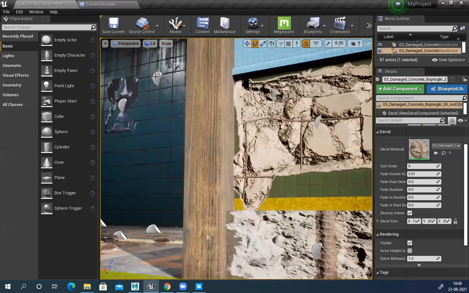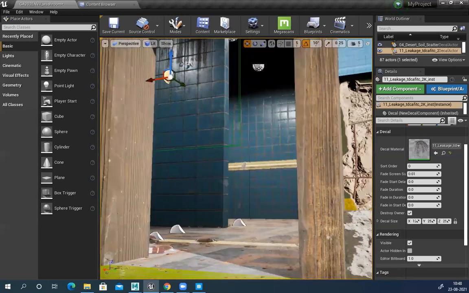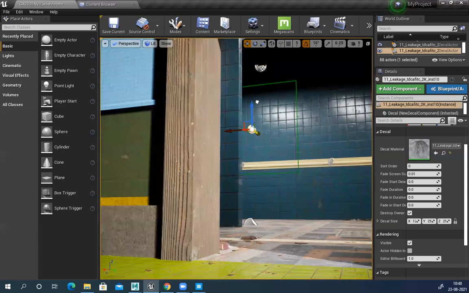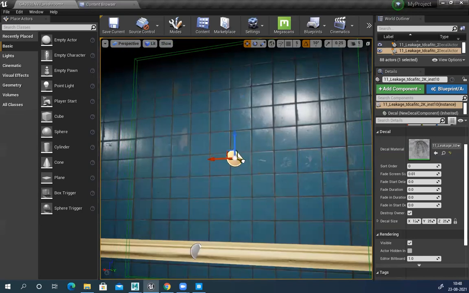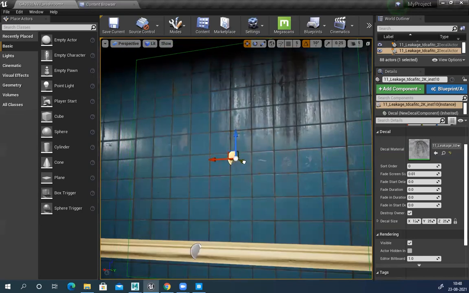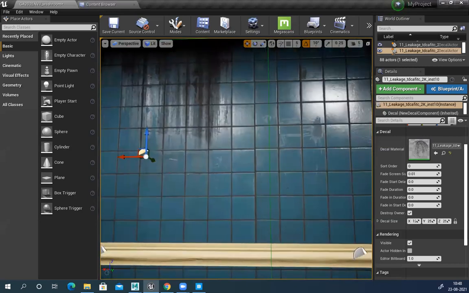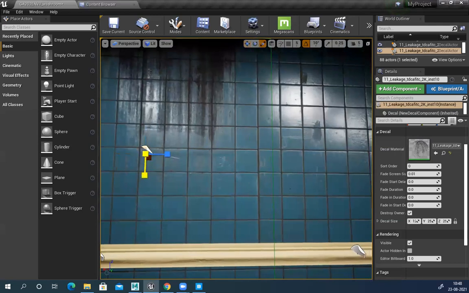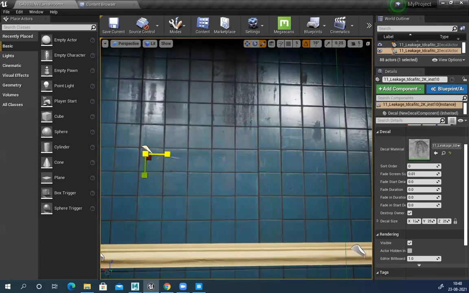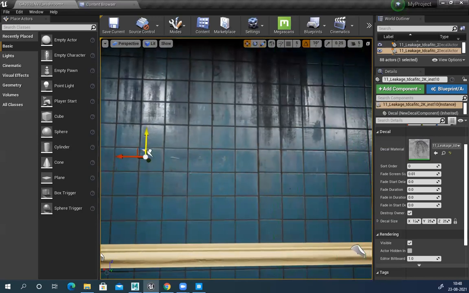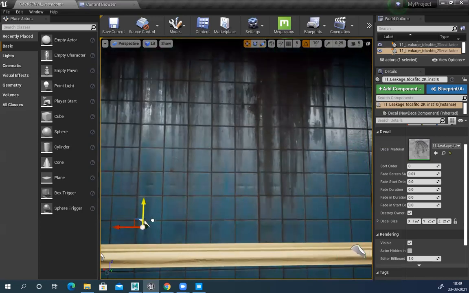Statical map, I can use it there also. I can increase the size, scale, and then snap it.